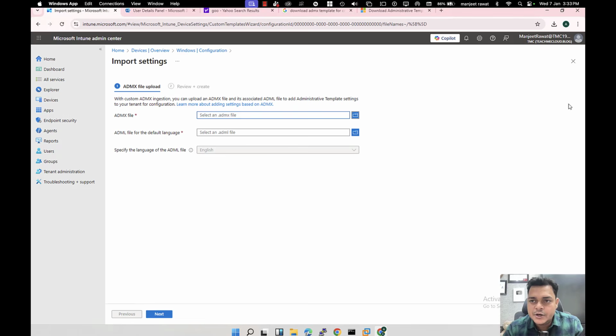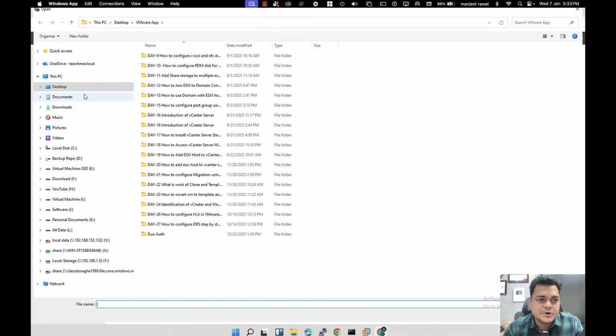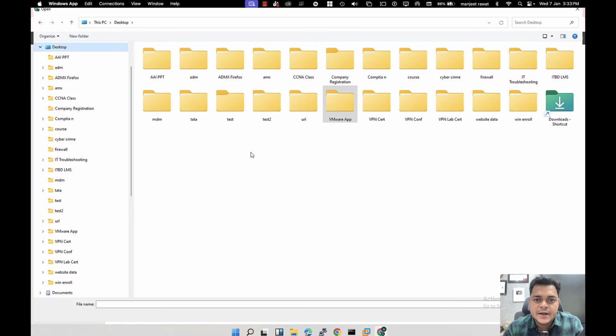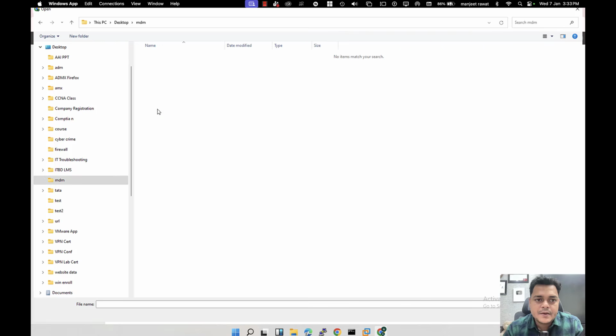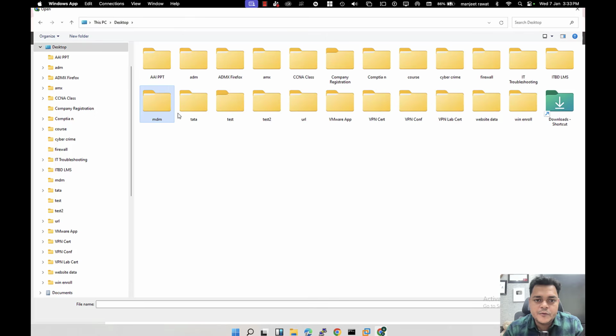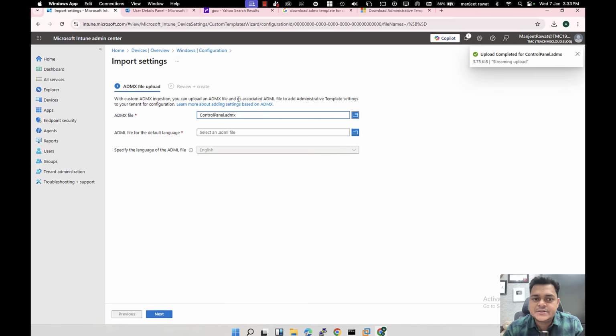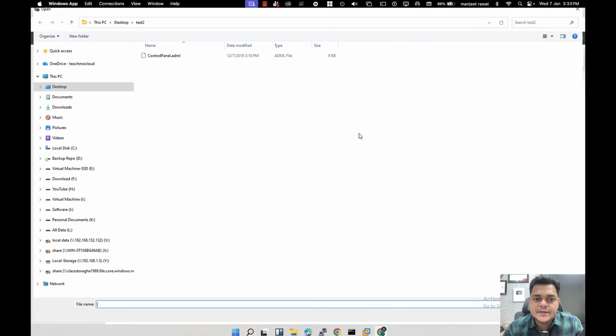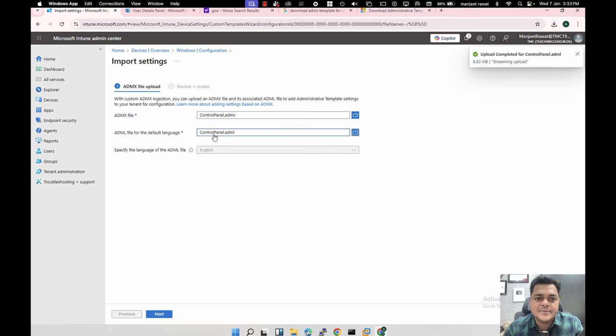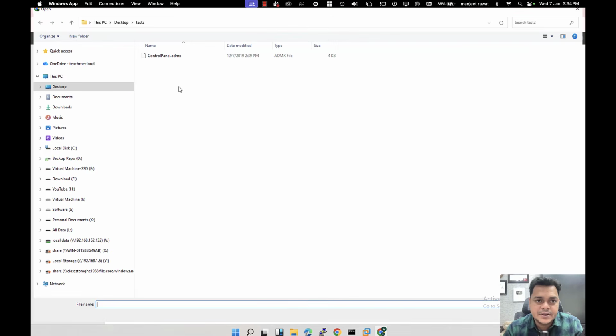So I have already created one dedicated folder on desktop. Let me open it, and here let me check one folder which is related to the control panel.admx. I'm going to upload. In the same folder, the ADML file is available. So these two files are required. So these two files are applicable, or you just need to check with another one,